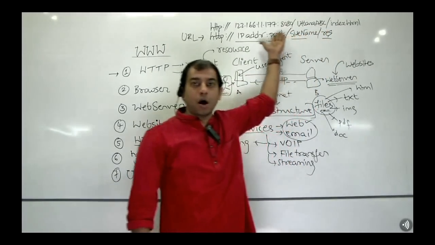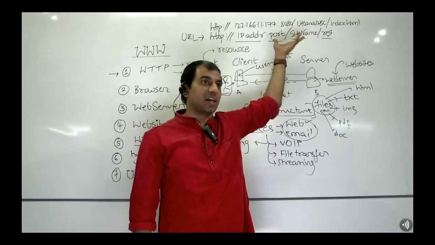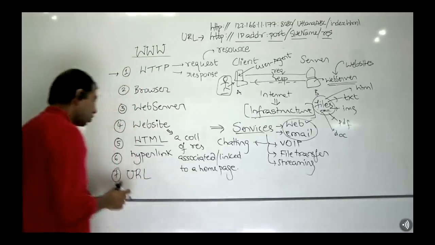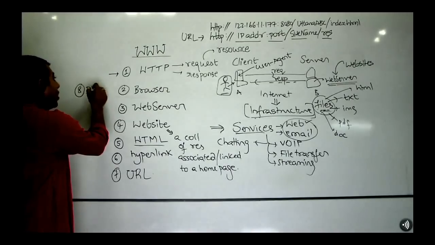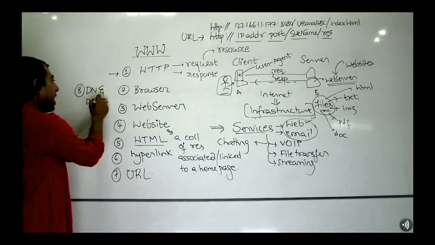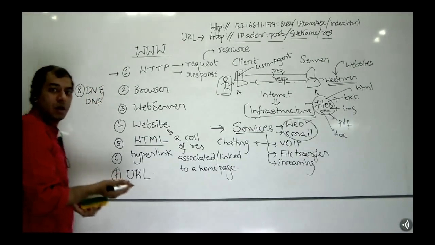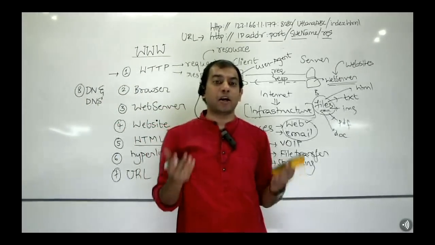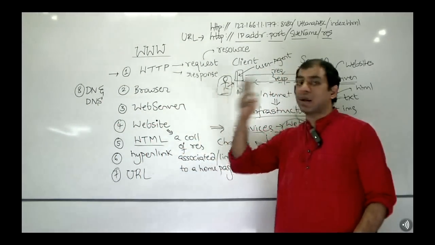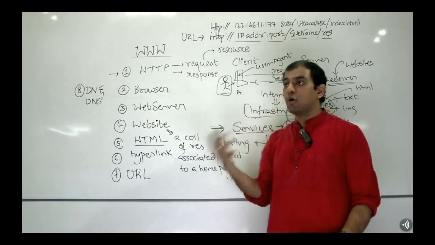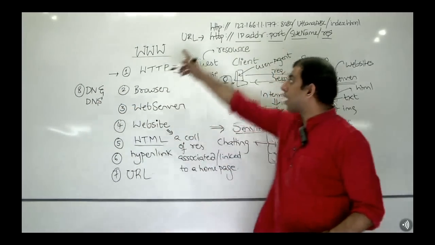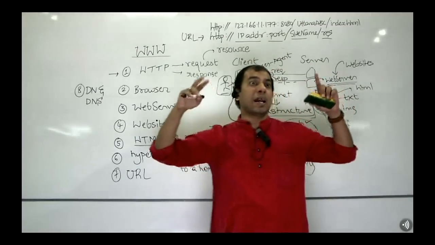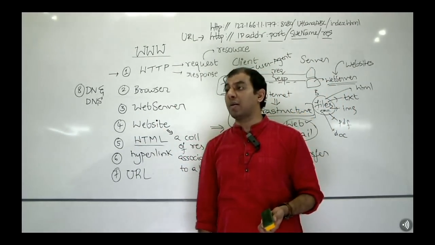But can we remember all home page URLs like this? No. That was why, to make it easy for human beings, domain names and domain name servers were invented, right? So to humanize the internet, it became important that a user can remember the websites. How do you do that? By mapping your URLs to a particular name which is human recognizable and memorable, right?